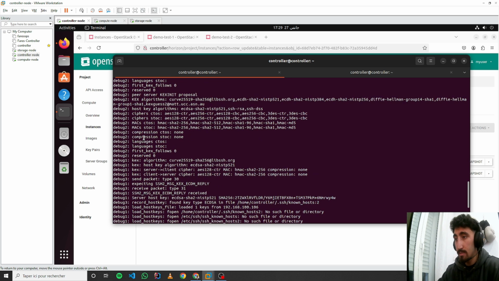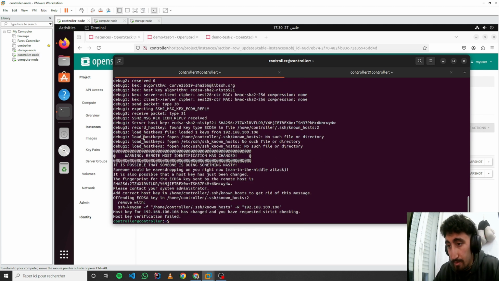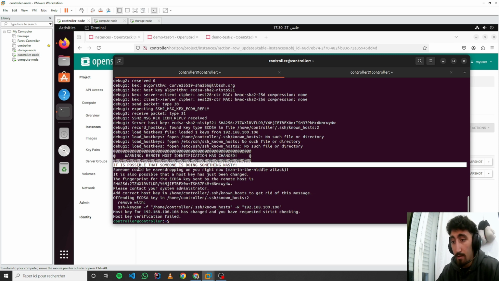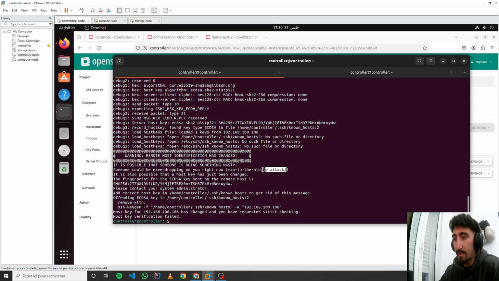Okay, so this is an error that occurs when the host's file is full. It is possible that it suspects there is a man in the middle attack here, and you can see here the home controller SSH known hosts. Okay, so what we need to do is